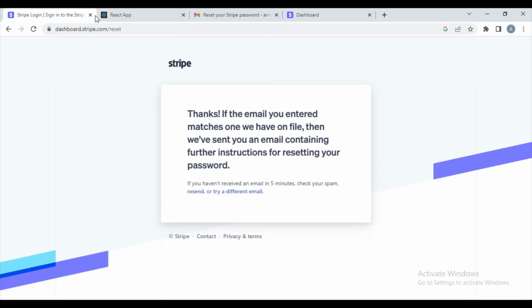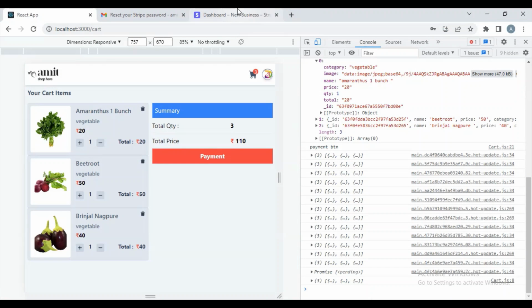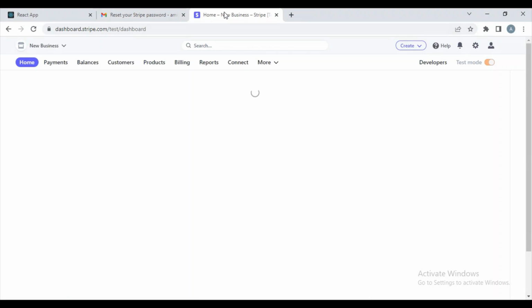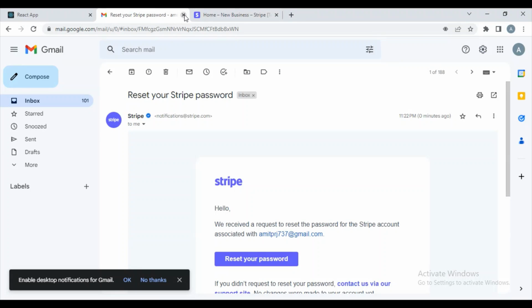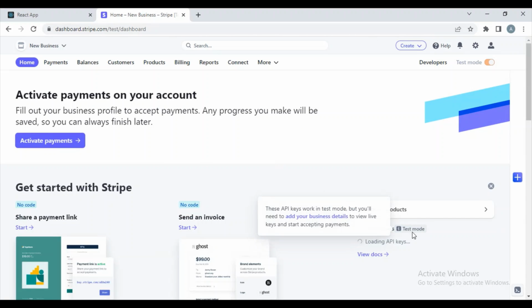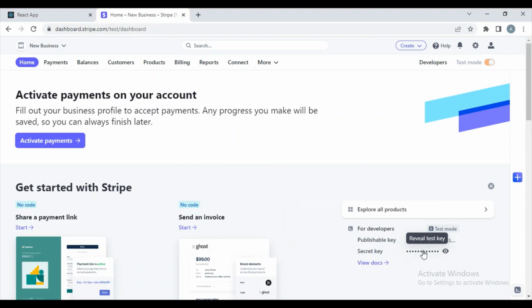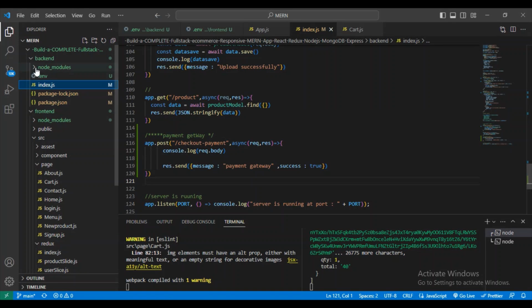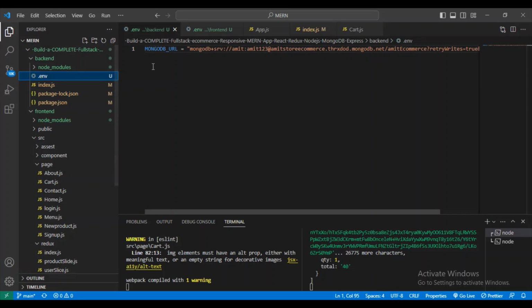Now I will close this part and close this Gmail account. Here I want to copy my secret key. Click here on reveal, and then click here to copy this secret key for the backend part. Go to the backend folder, in the .env file,